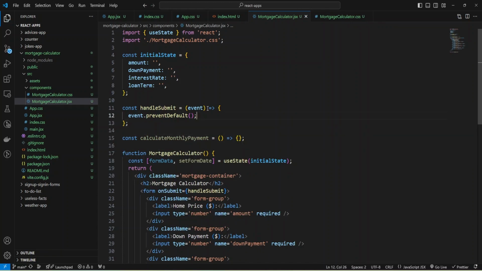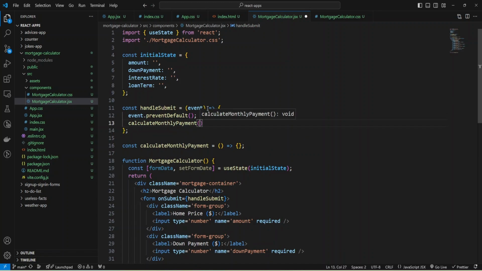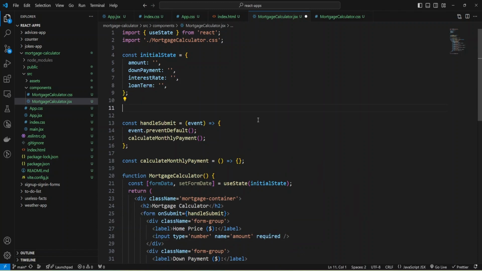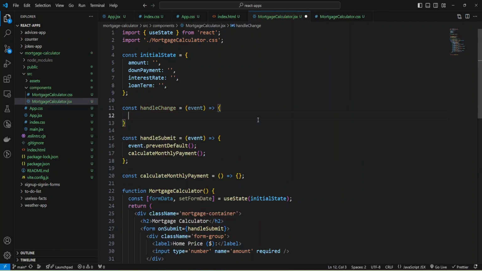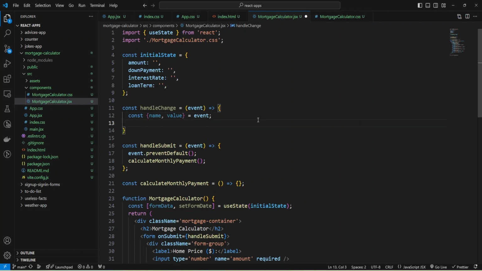Okay, and now I can just call this function here, and also we need to change the values of our inputs and set them inside state, and for that we need function handle change. It will have event as parameter, and now I'm going to use object destructuring and get name and value from event, and now we can use this name and value.